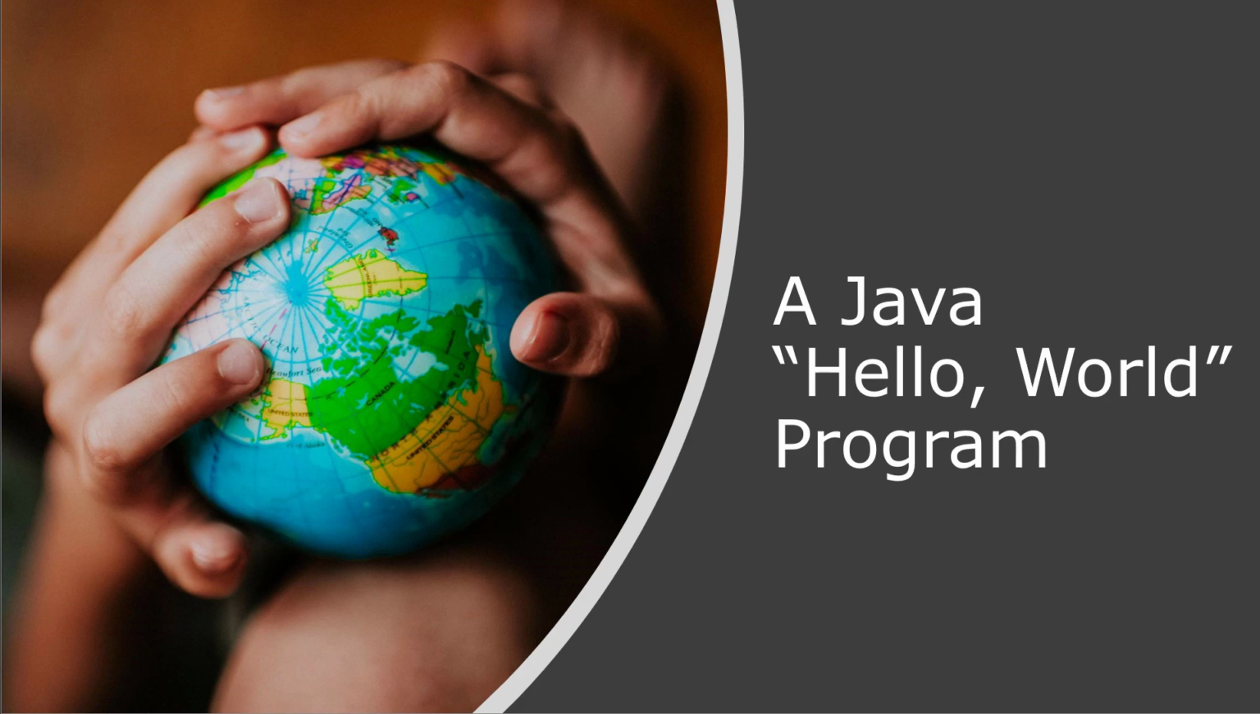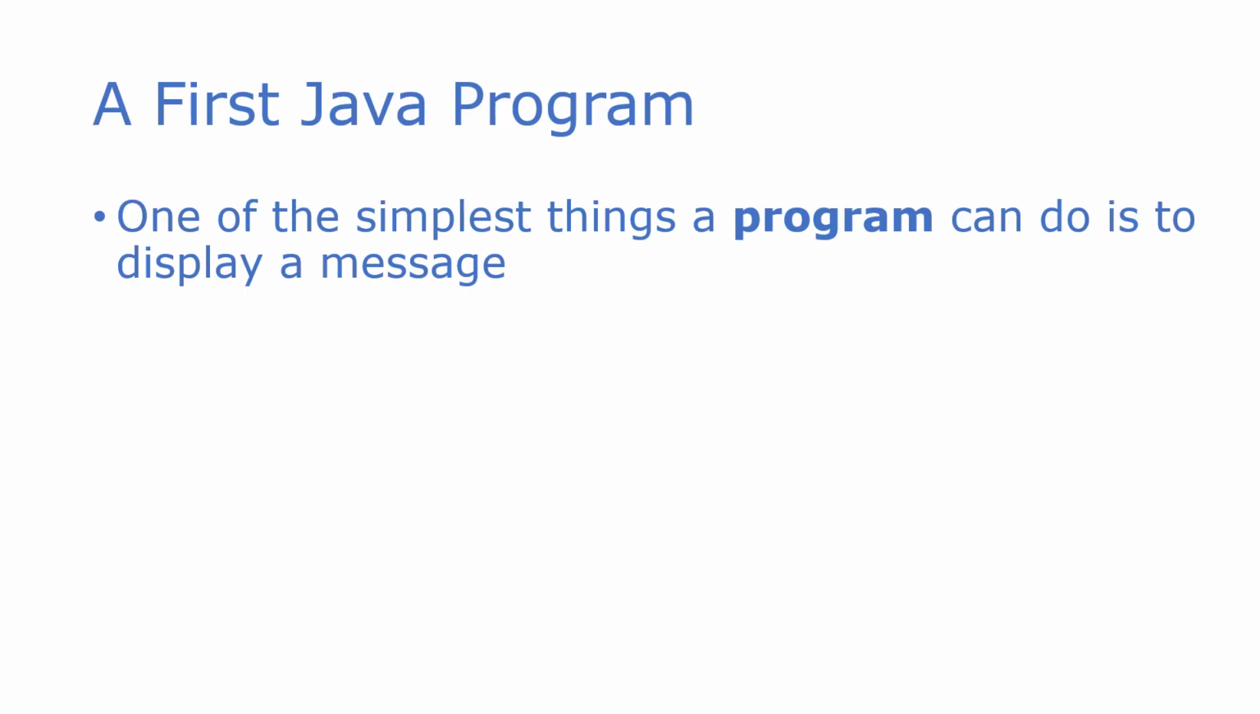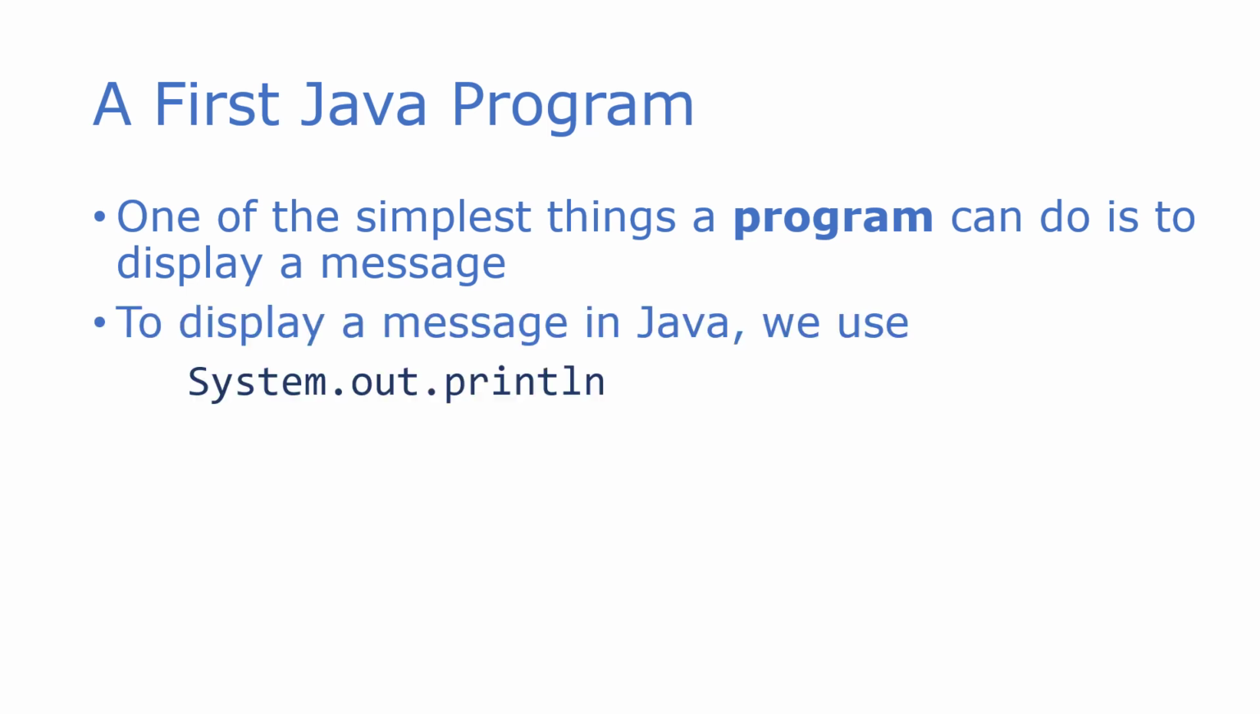In this video, we'll write a simple Java program. One of the simplest things a program can do is to display a message. And so typically you'll see the first program you write will be something that displays some sort of message. In Java, the way we do that is we use the System.out.println function that will allow us to print